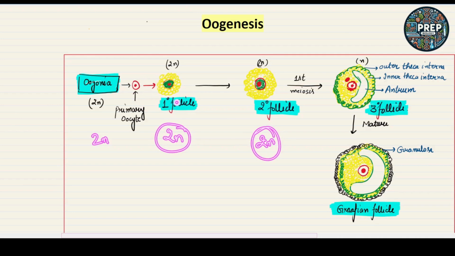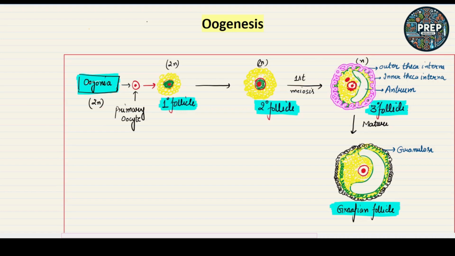Now, at the center of the follicles there is a primary oocyte present. This structure, the secondary follicle, develops another granulosa layer around it. That structure is called the tertiary follicle. Now this stage is very, very important. Understand it carefully. At the tertiary follicle stage, this centrally located primary oocyte